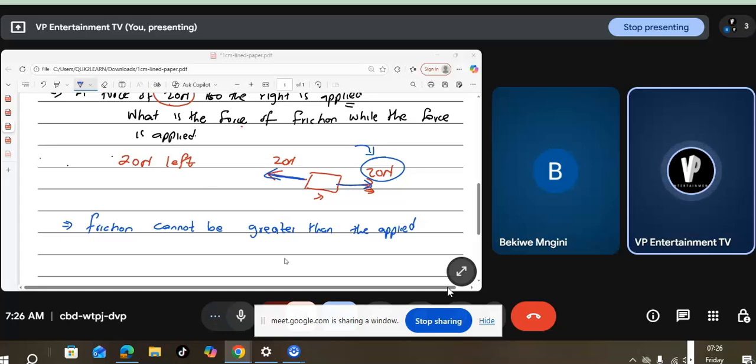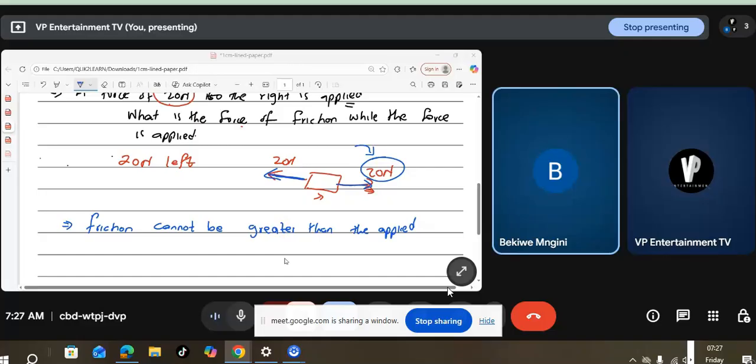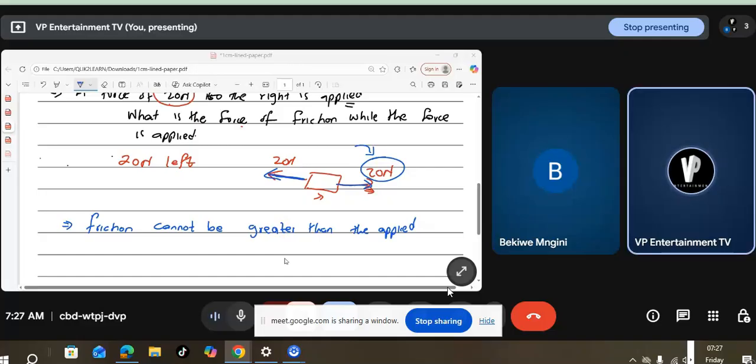Now that we did the frictional force, we're just going to do one example on frictional force, then we'll move to one example of an incline, so that in our next lesson we can start the most interesting topic, Newton's second law of motion. Remember, everything that we did, we haven't touched Newton's laws. We haven't touched Newton's first law, we haven't talked about Newton's second law. So what they do is that in